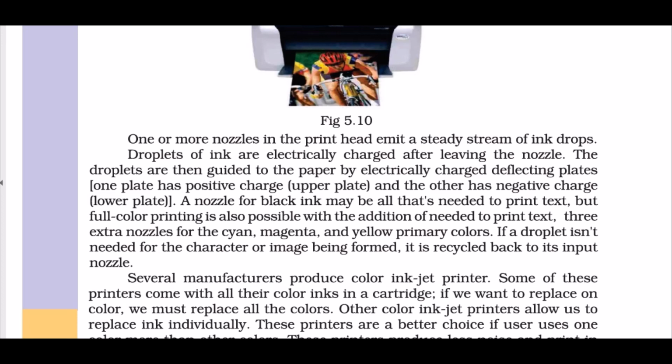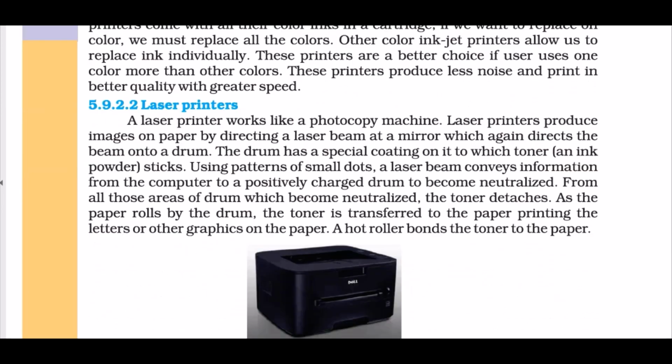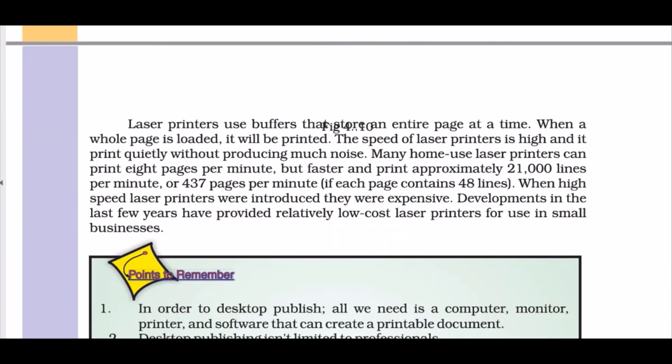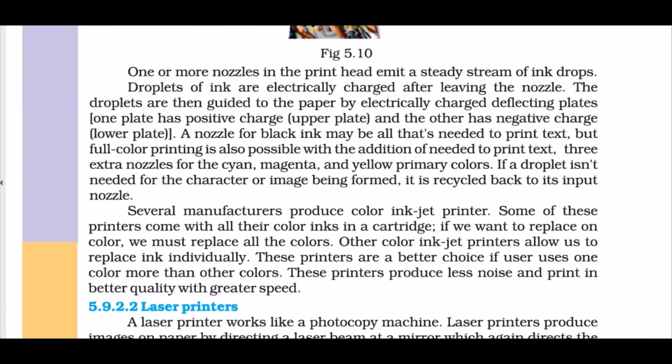Usually it's cyan, magenta or yellow as the primary colors. If the droplet isn't needed for a character or image being formed, it is recycled back into the input nozzle.